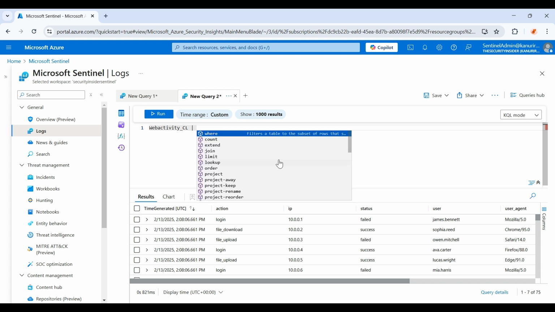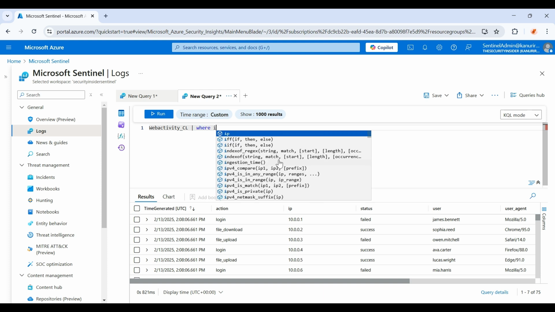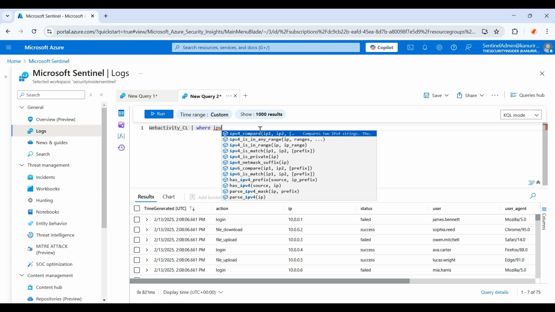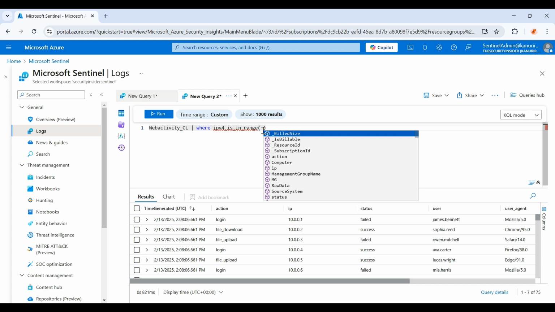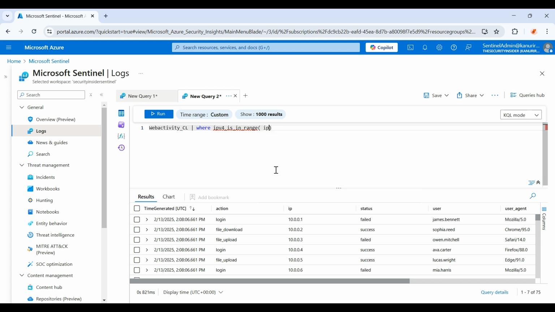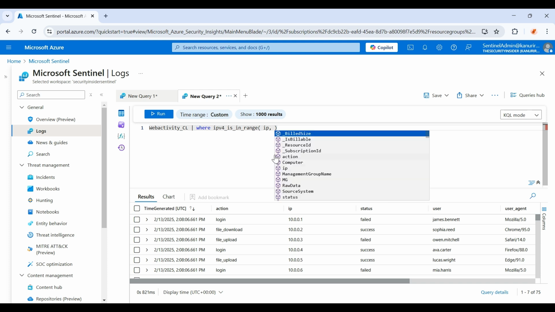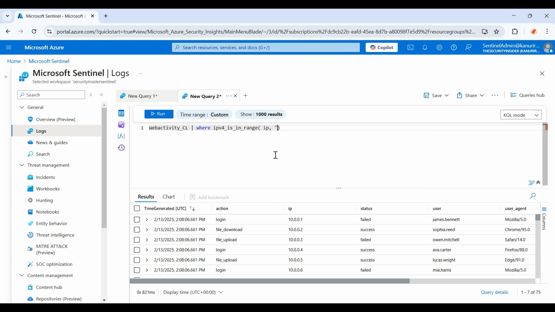How can we do that? So we can use an operator called where, ipv4_is_in_range. Here you just need to pass the field, which is nothing but IP, and here you need to give the range. Let me give 10.0.0.0/24. And if I try to run this,